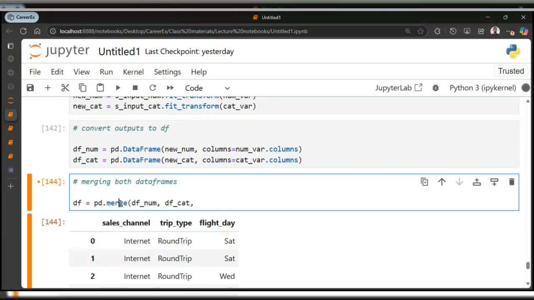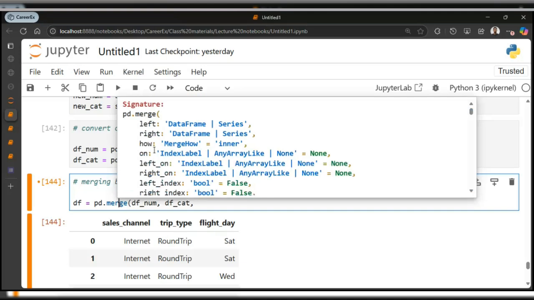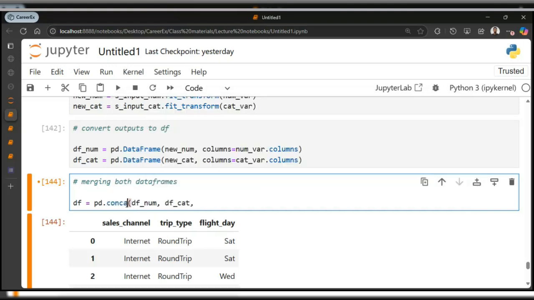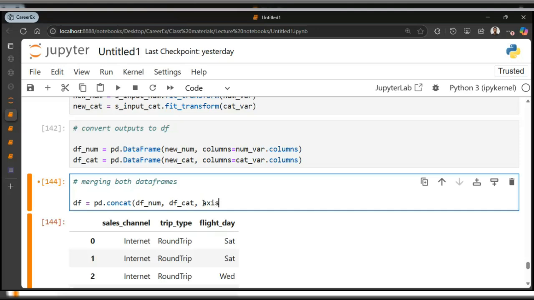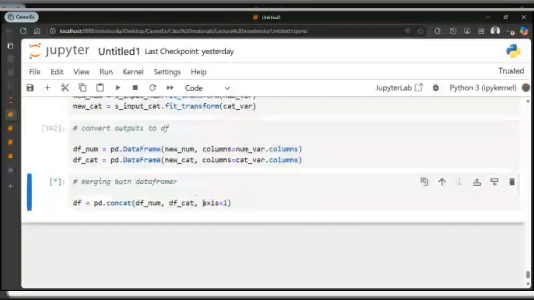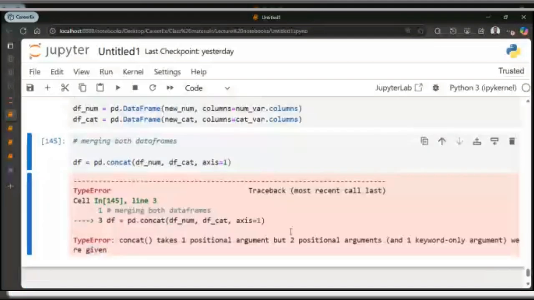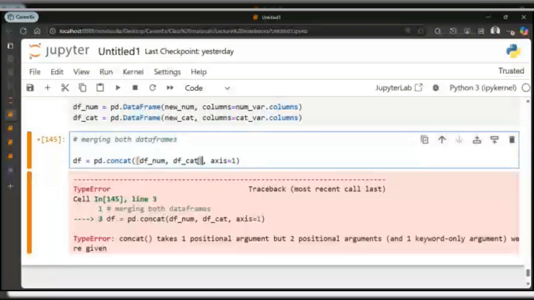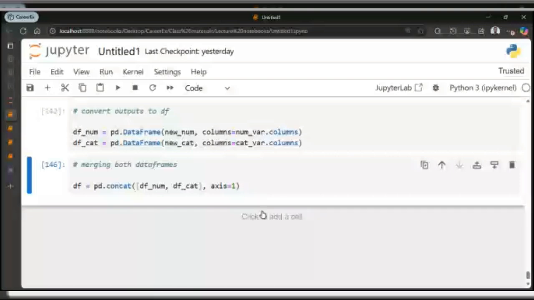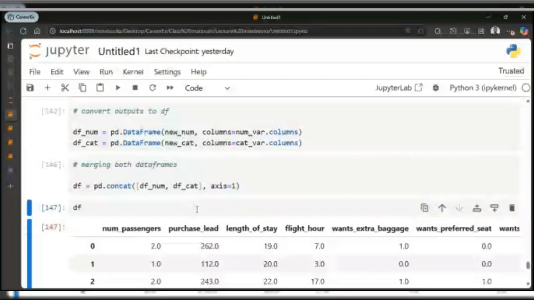So if you forgot, you can just check merge. So you can see, okay, let's use concat. Actually, concat is better. So you can just specify the axis to be 1, right? Don't concat it on the x-axis, sorry, on the y-axis. So let's see. It is supposed to be in this format. So if you check our df now, you can see that we've gotten our df back.